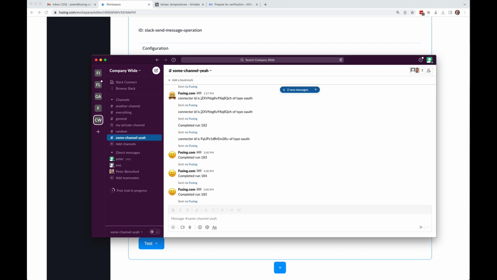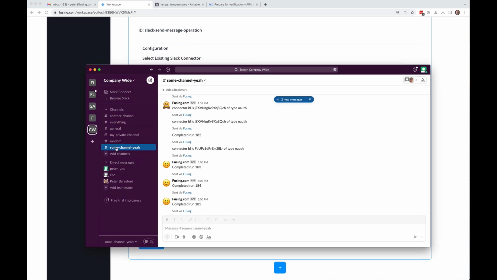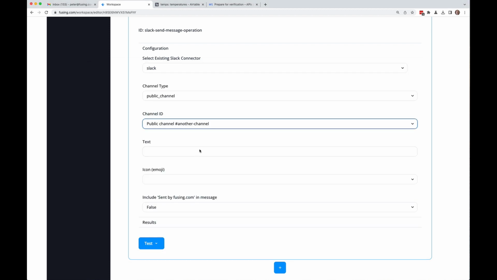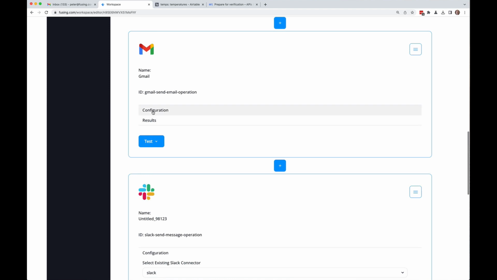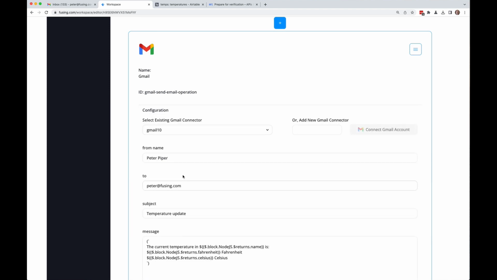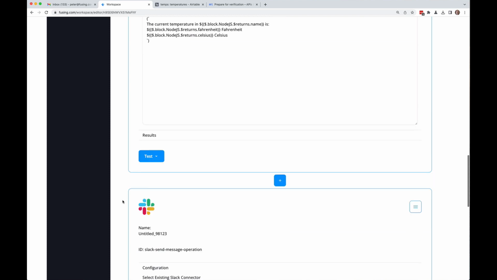So let me bring up Slack. These are all the channels that it was looking at: some channel, random, and so on. These will all appear. And of course you can create different named channels. So the text might be, let's grab the text from up here and just say,